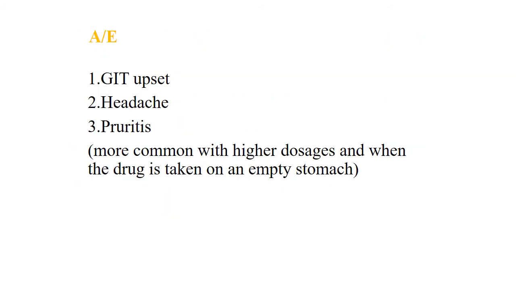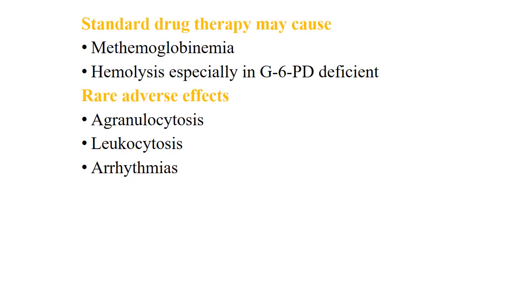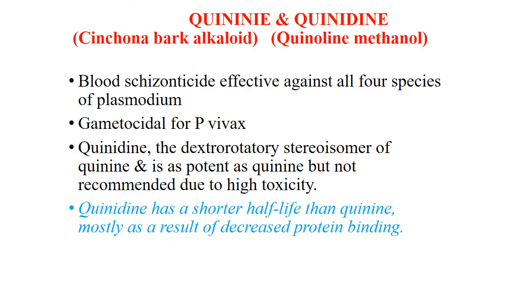Now, the adverse effects may include GIT upset, headache, and pruritus. But the adverse effects are more common with higher dosage and when the drug is taken on an empty stomach. Standard drug therapy may cause methemoglobinemia and hemolysis, especially in glucose 6-phosphate dehydrogenase deficient patients. The rare adverse effects include agranulocytosis, leukocytosis, and arrhythmias. Now the contraindication: primaquine is contraindicated in